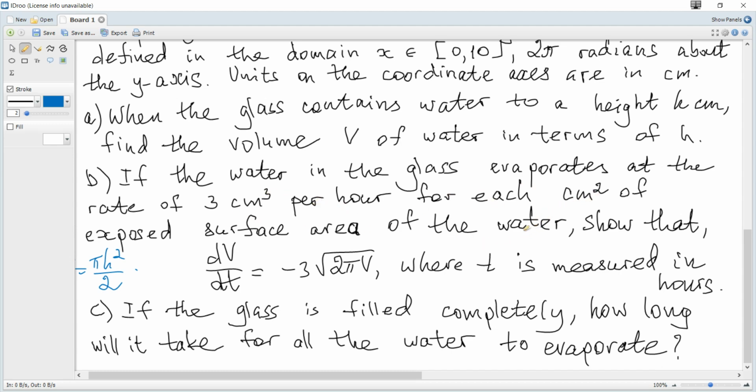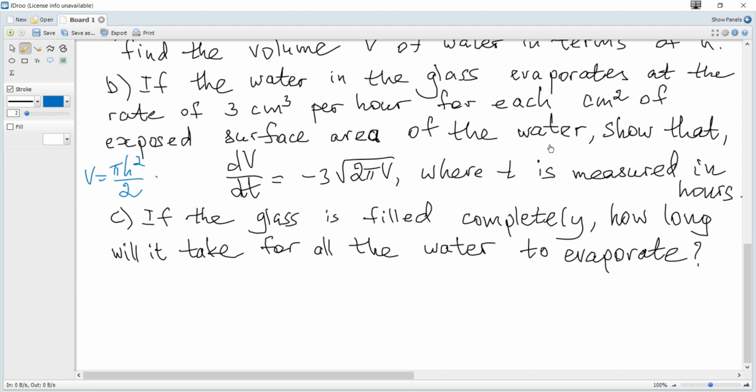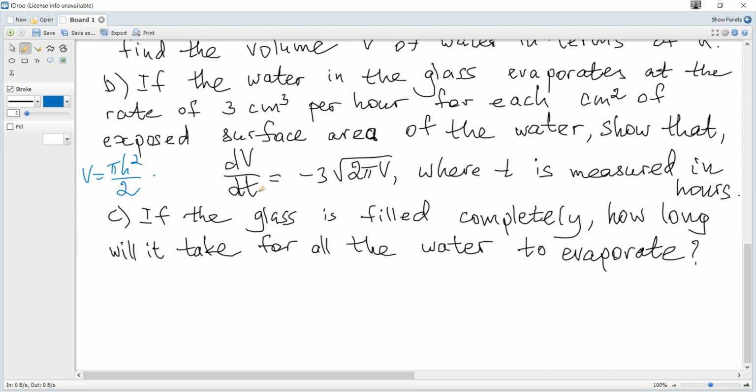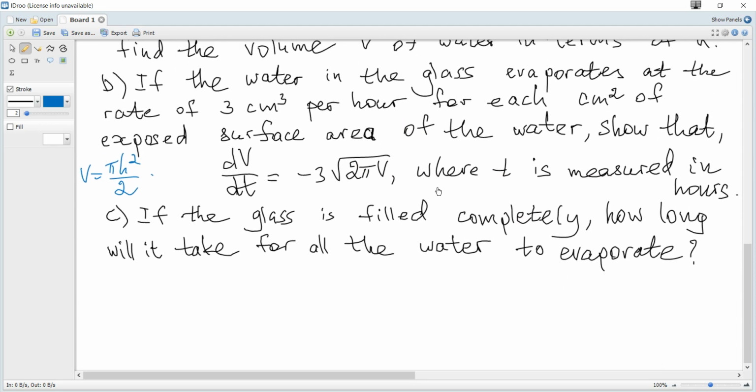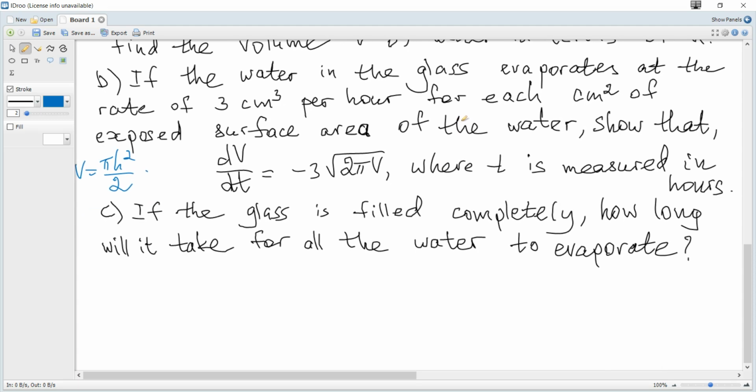B. If the water in the glass evaporates at the rate of 3 centimeters cubed per hour for each centimeter squared of exposed surface area of the water, show that dV over dt, what is it? It's the rate of change of the volume of water is equal to this, where time is measured in hours. And how to write this information, that rate of change of what? Of volume. So it's dV